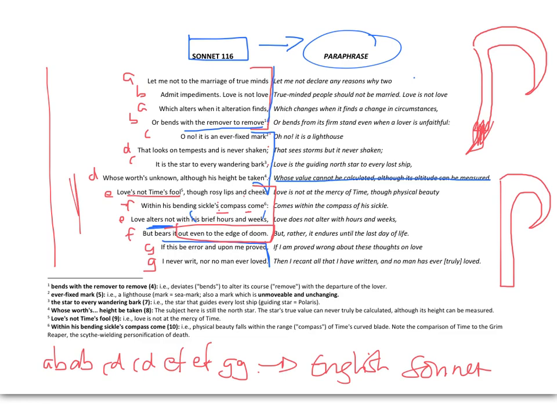And then we finally get an incredibly arrogant and cocksure final rhyming couplet here. Very interesting. And he says, Mr. Shakespeare, he says, if this be error and upon me proved, I never writ, nor no man ever loved. Or if you like, if this be error and upon me proved, I never writ, nor no man ever loved. If I am proved wrong, if my thoughts about what love is are wrong,